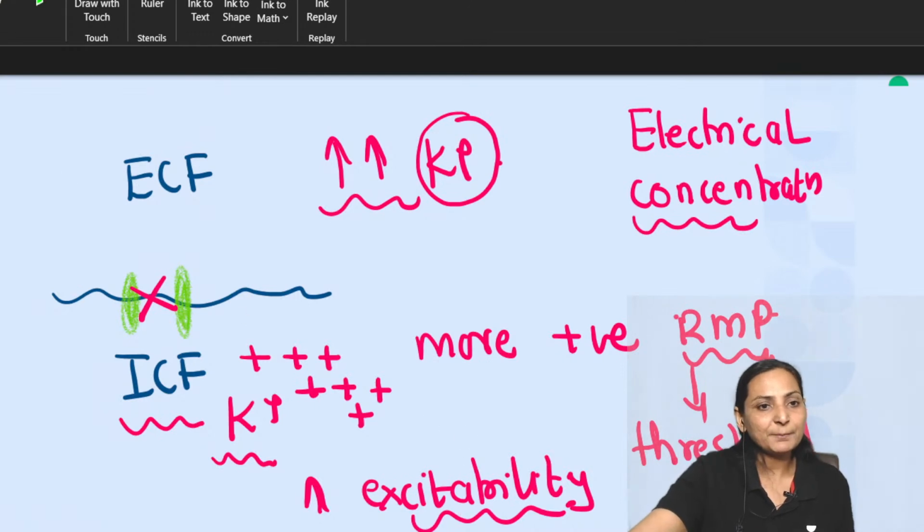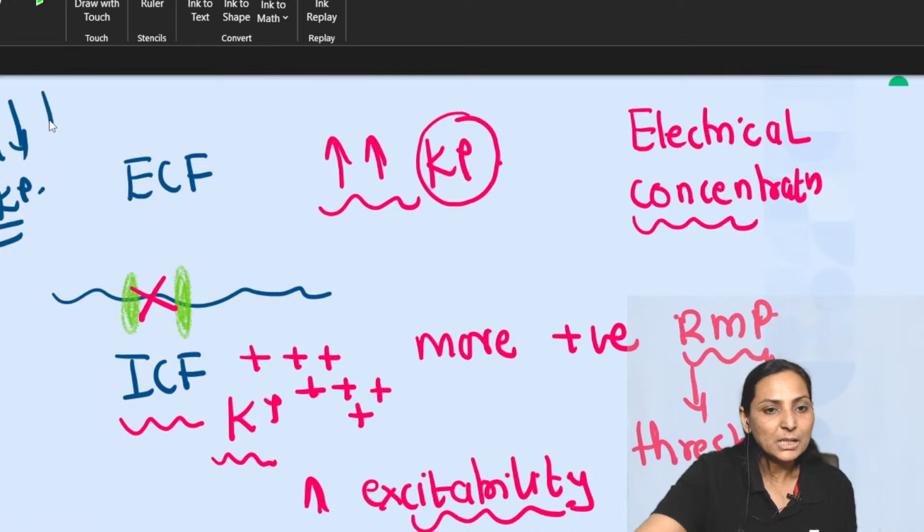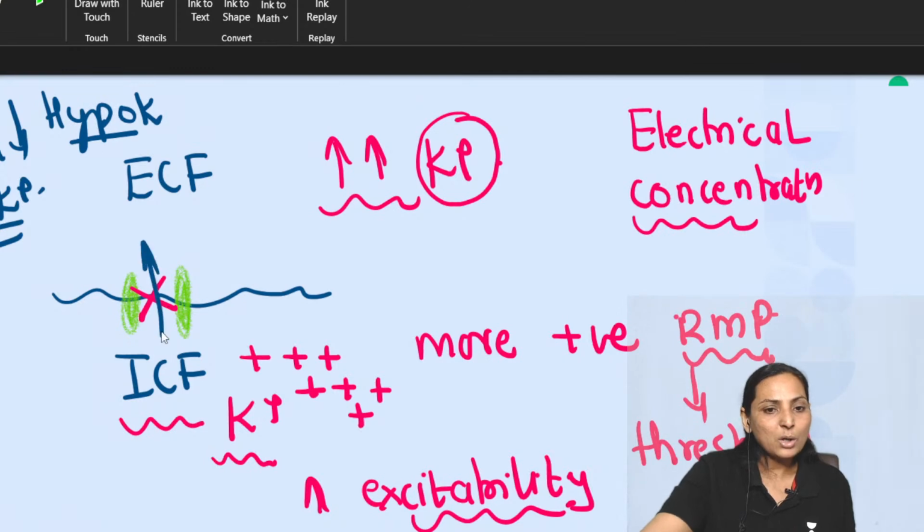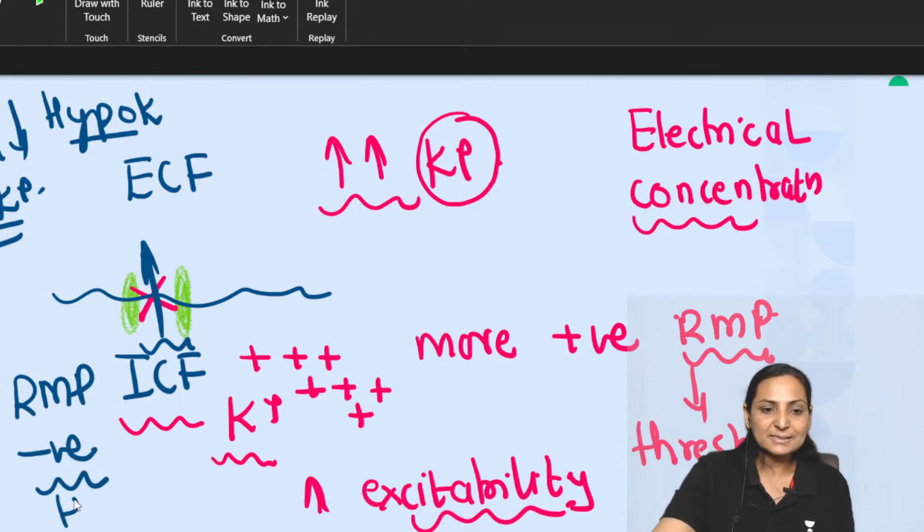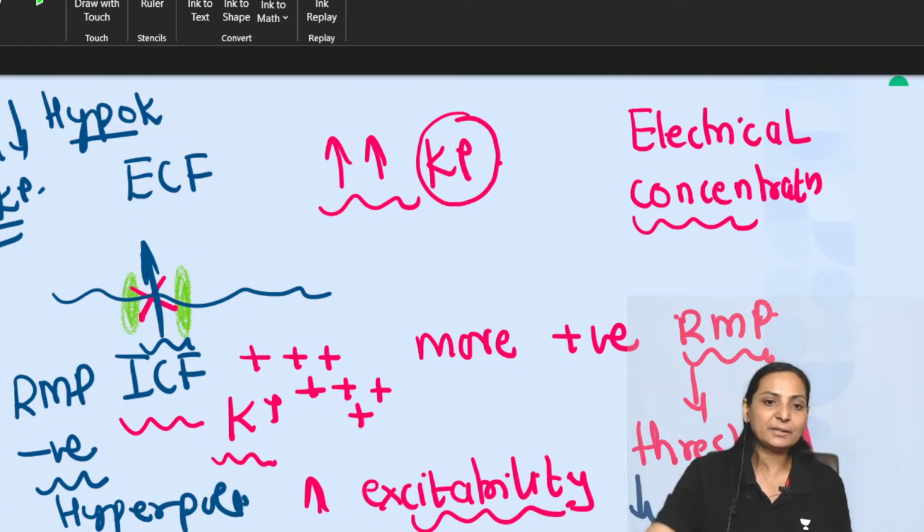Opposite will be the case if there is a decrease in potassium outside. So you are bringing about hypokalemia. So what will happen? All the potassium which is inside will move outside to maintain the concentration gradient, right? In this case, the RMP will become more negative, that is hyperpolarization, and the excitability will decrease. So potassium per se is a very important MCQ for RMP and also with kidney, right? Now,